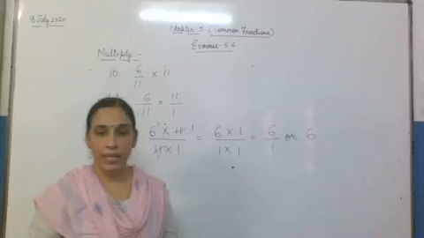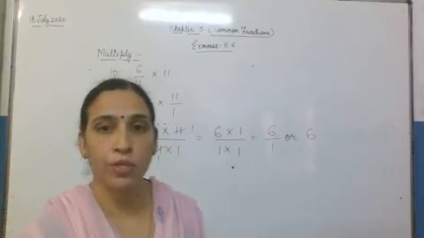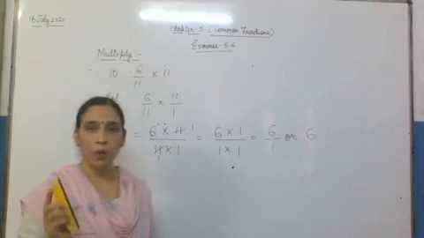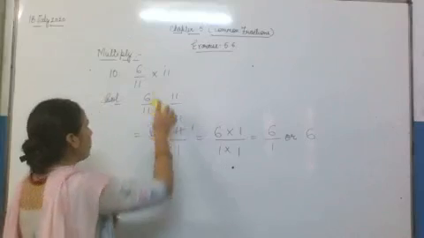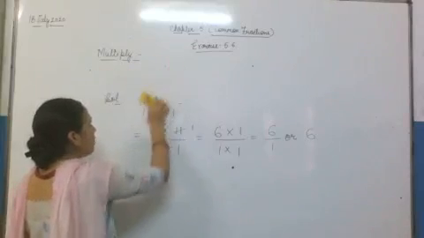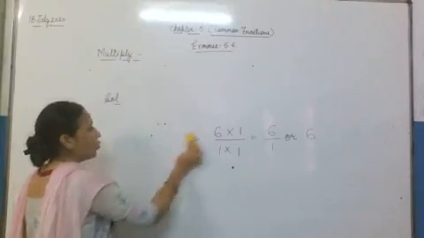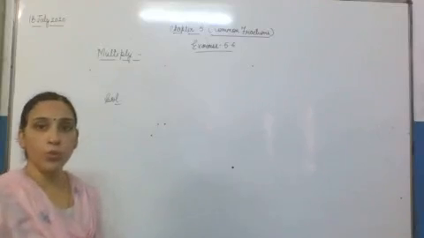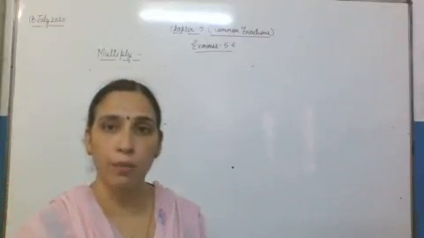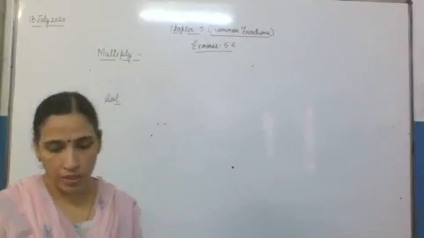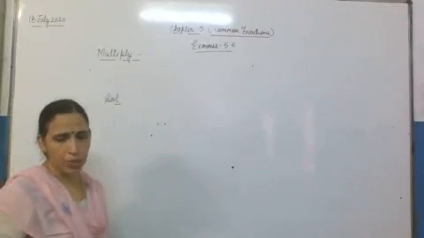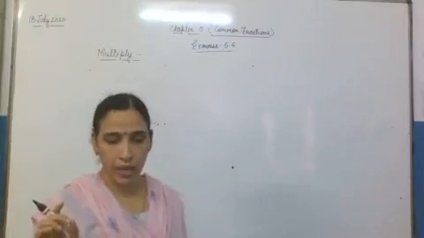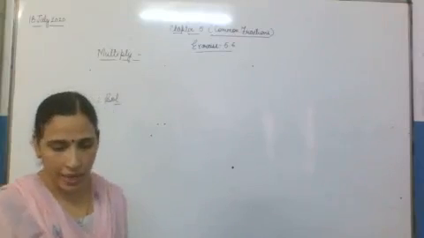Fine. Now we will take today's last question, which is again an example of a proper fraction with a whole number. This is our last question of today, and after this question you have a few questions in your book which you are supposed to do yourself. That is question number 12, you will do it yourself. So today we will take the last question, question 11, that is 3 by 4.